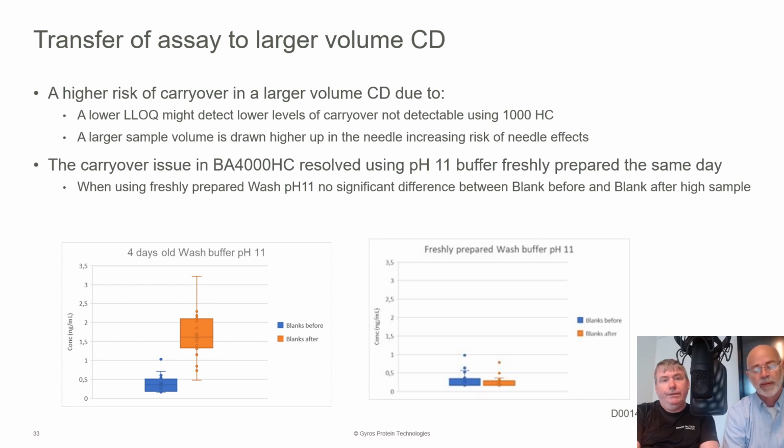expiration period. We hypothesize that some of the cleaning efficacy comes from chlorinated compounds in the pH 11, and those will off-gas as they're exposed to air and light, just like your pool. If you have swimming pool chemicals, you know that you have to add chlorine periodically to improve the bactericidal efficacy of the solution. So in this case, we think that may contribute to why pH 11 can go off